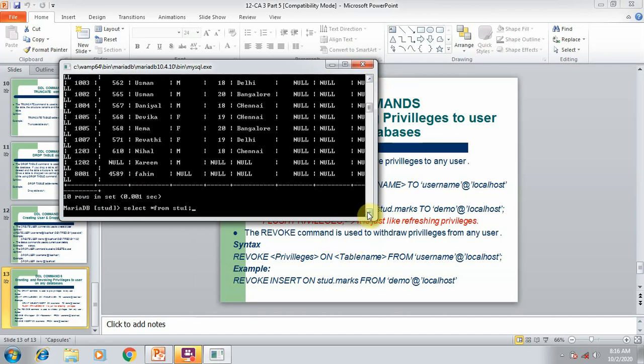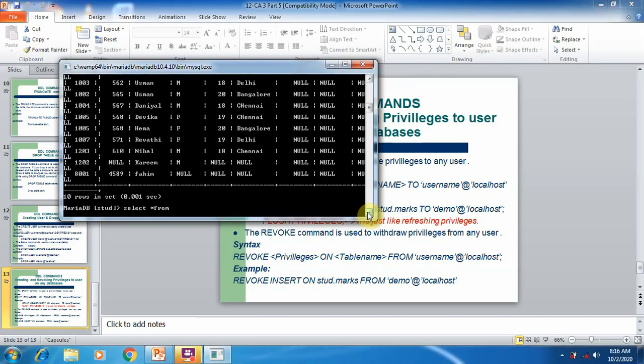but now I am going to execute the insert command. I'm going to execute the insert command for the table. Admin number, comma, exam number, comma, name.